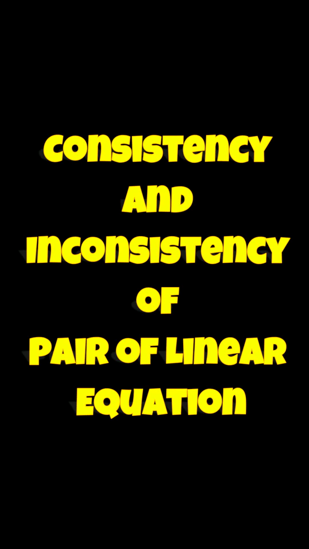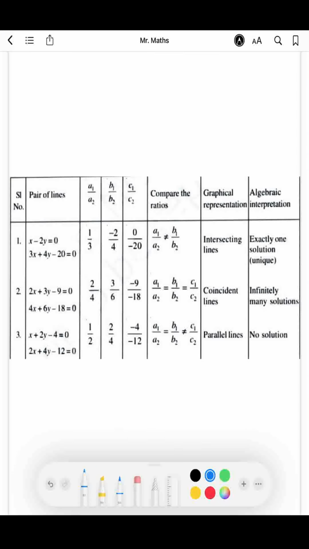So we know that we are doing the chapter on linear equations from class 10th. So, pair of linear equations in two variables. Till now we have understood what linear equations are. We have understood the graphical method of solving linear equations and all the three conditions on the basis of ratios of the coefficients. On the basis of ratios of coefficients we can easily see what kind of graphical nature we will have for any linear equation. So let us summarize these three conditions, what they have to say.